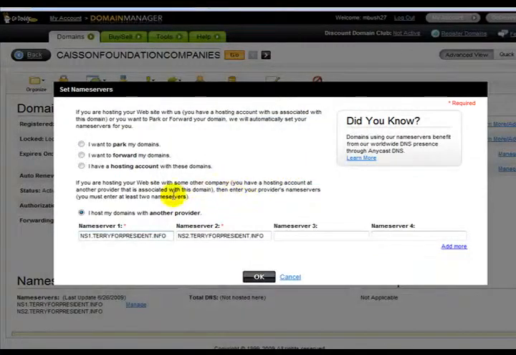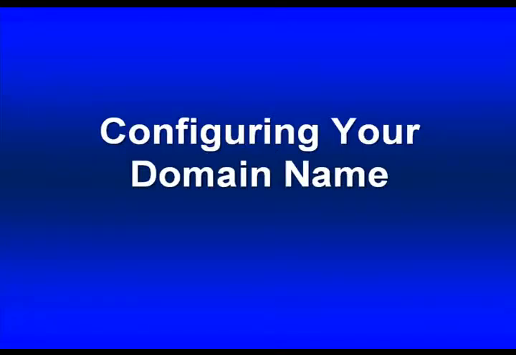Okay. And then once you have that set, you just hit OK, and then it's going to say your name servers have been set, and then you're going to be good to go. Now, please note, this is not going to happen immediately. There's going to be a delay. It needs to propagate through the internet and all this crazy stuff. So, you set it, and then you say, hey, it's not working. It's because it's going to take time. So I would give it at least a day, if not 2, before you start contacting people saying, hey, listen,